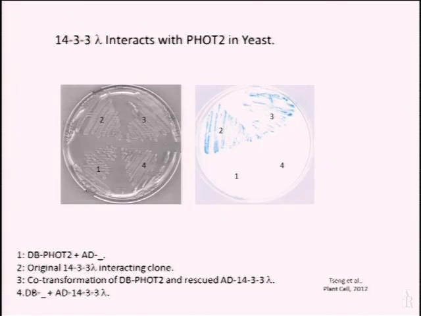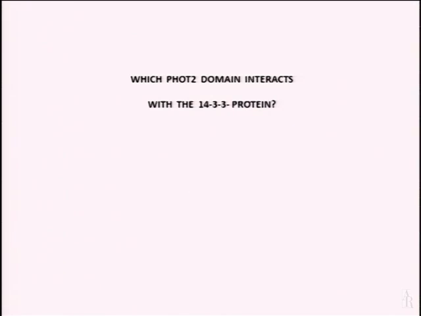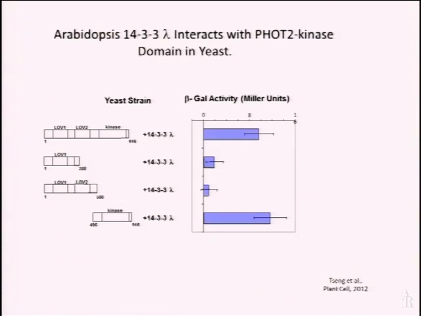And a postdoc, Dongchung Seng, was doing yeast-2 hybrid and picked up a very nice interaction with the 14-3-3 lambda isoform. A very strong association. He did pull-downs, which I won't show, but they all were positive. And then he asked, well, which domain might it be? Here you find that if you use the